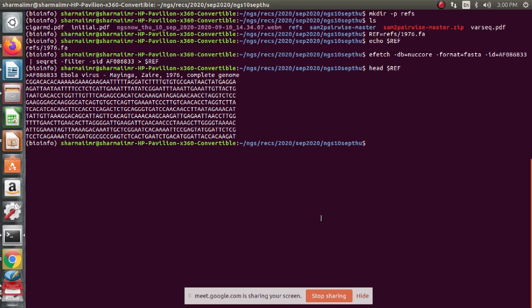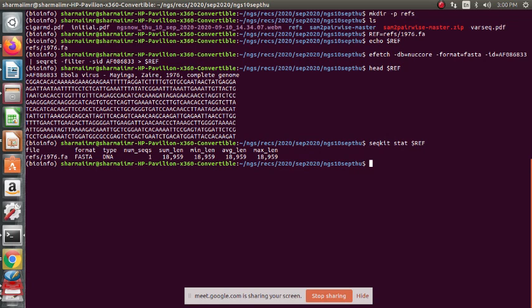We got the Ebola genome, and routinely we can do some tasks. We can always remember some routine tasks so that we will do them in our practice. So echo seqstat is $F here. What is the size of the genome? 18,959 bases. So we can name it with units, right? So 18.959 kilobase pairs.